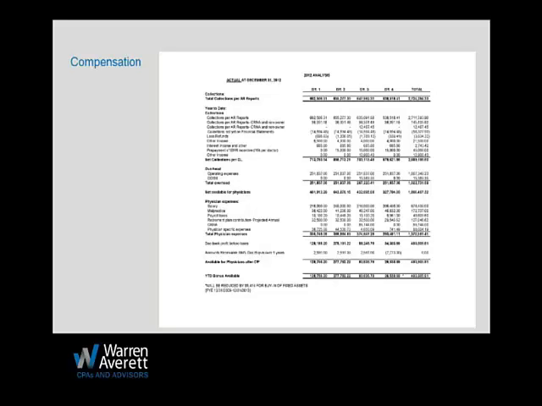And fair is a subjective thing. I guess what we generally joke about is as long as everybody's equally unhappy, then it's probably a pretty fair compensation model. So that's kind of the way it seems to work with a lot of practices. You can't always make everybody happy, but as long as everybody can live with it, it seems to be a pretty good compensation model.